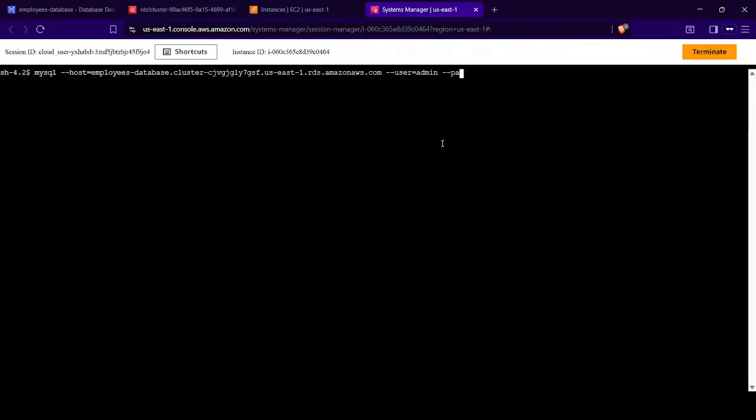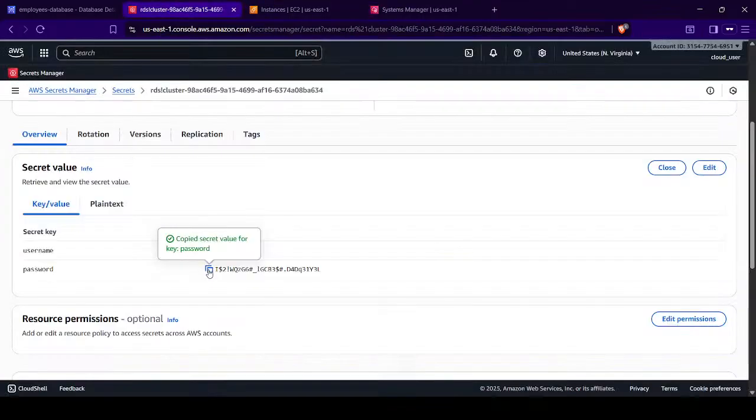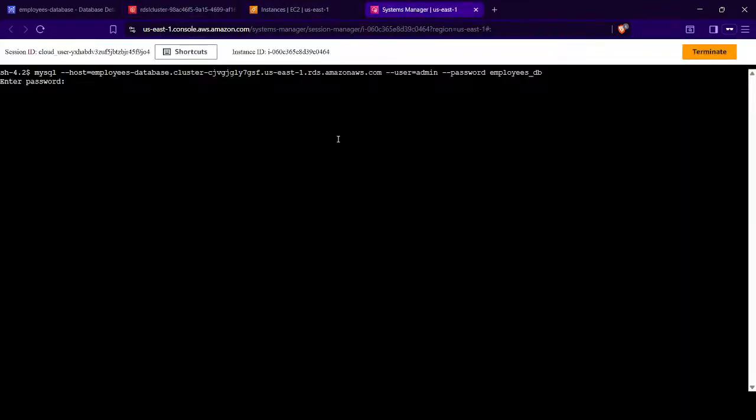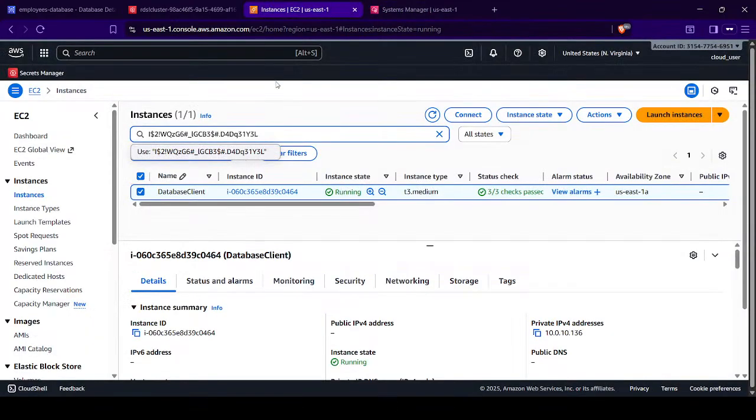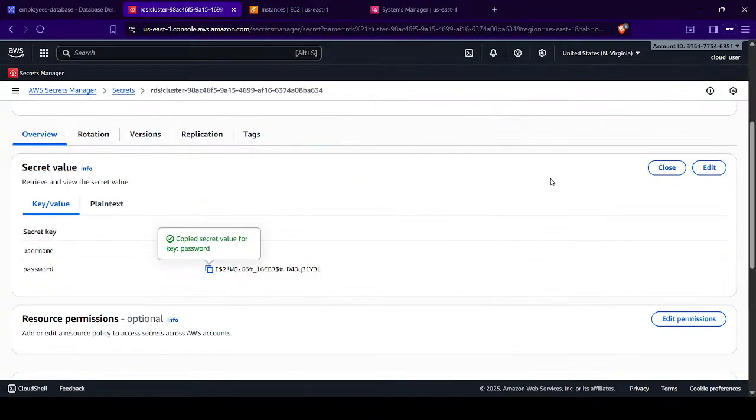Then hyphen hyphen password, which we will take as a prompt. Then employee_db. Now, if we wanted to connect with the new password, sorry, we are connecting with the existing connectivity. Okay, let me quit it. Okay, now let's jump to this